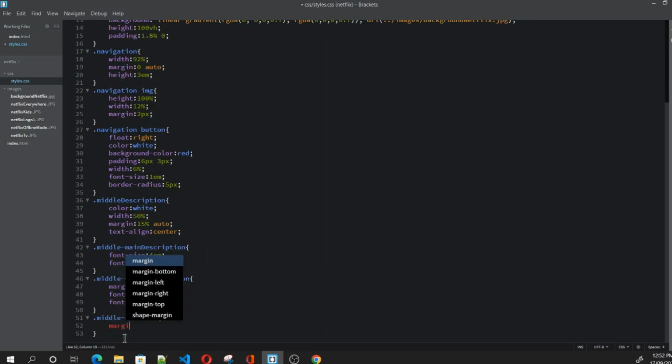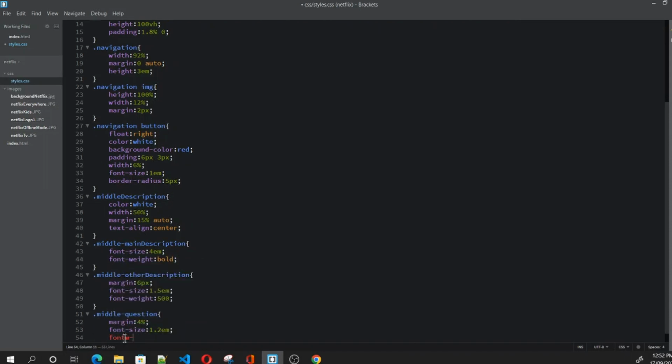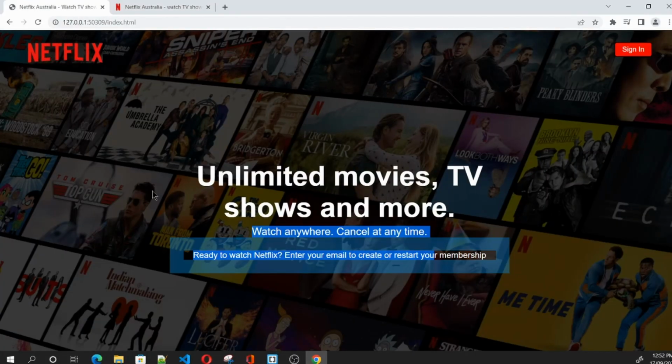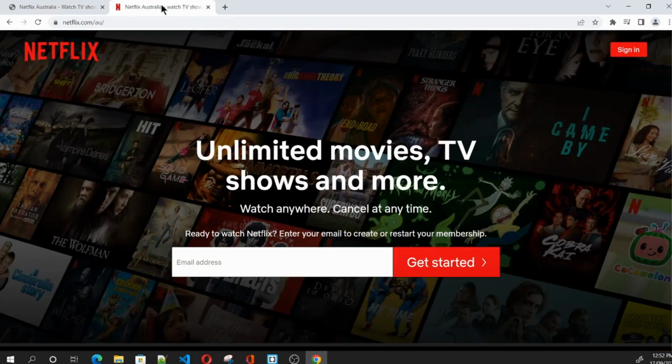So margin of, let's go with 4%, font size of 1.2 em, font weight same 500, let's go with that. Let's check. Okay,